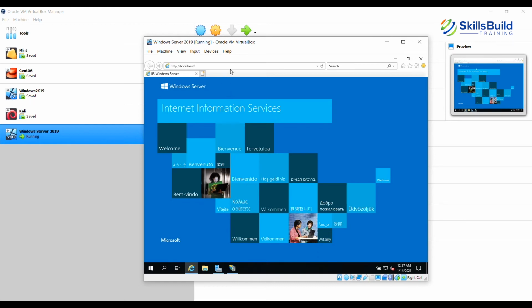There are different ways you can access this default website. One is through HTTP localhost, or you can give the IP address, or you can also give the web server name to access this particular website. And of course, if you configure a domain name along with it, then you will be able to access the website using the domain name. But because this is a default website, we are not going to do that. So I'm just going to close this window of Internet Explorer.